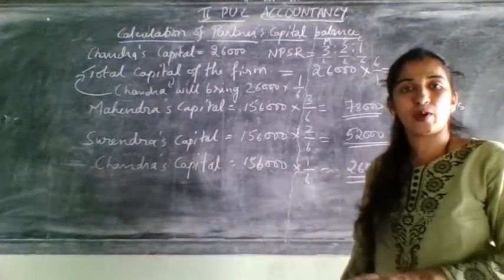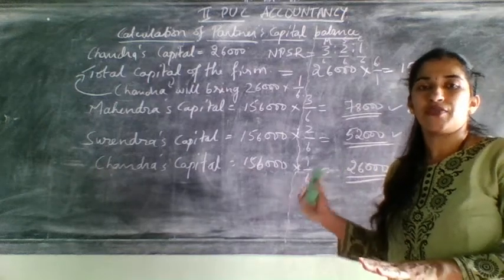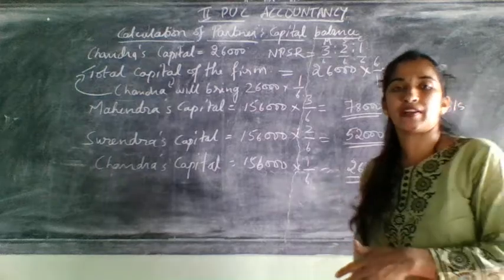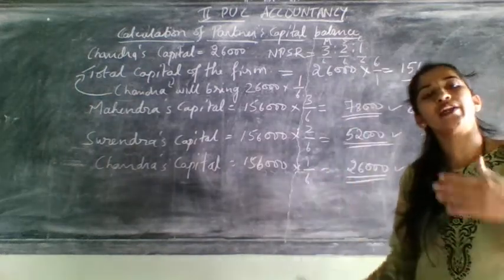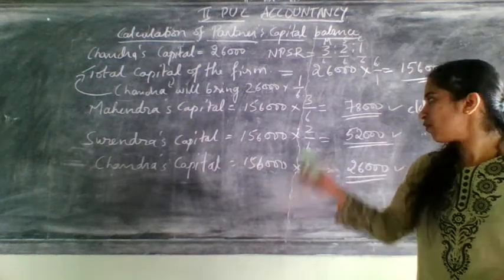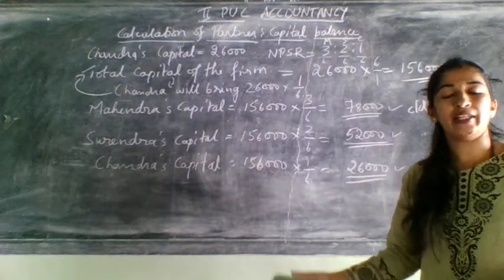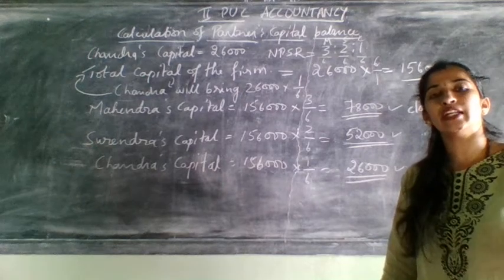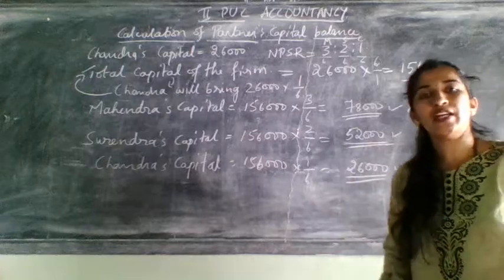So after doing all this, remember these three amounts will appear in the balance carried down. See, in the previous problem we were not writing balance carried down first, right? That is the last balance, last thing we do in partners capital. But in the capital adjustment, these amounts we will write first only, then we will do the cash adjustment. First only we will fix this amount in their respective account, and then we will check whether he needs to bring the cash or whether he needs to withdraw the cash.